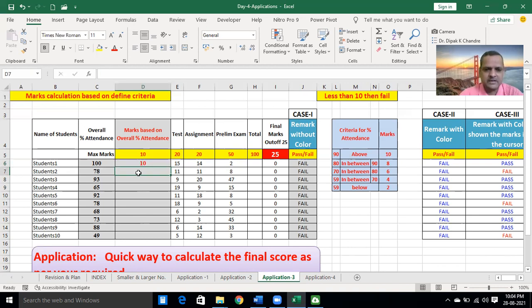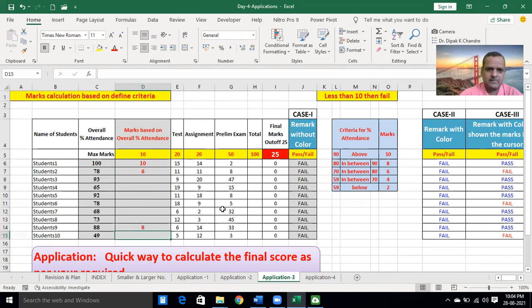If 78, what will be the marks? 6. Okay. If suppose 88, then 8 marks.